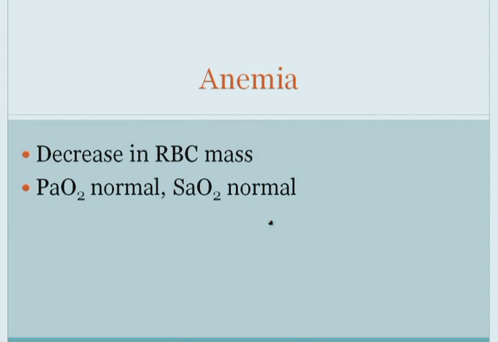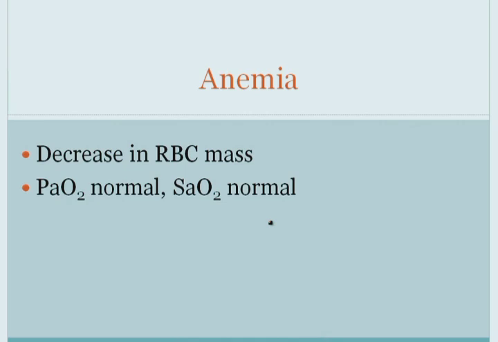Let's just give you a few examples of that to highlight this idea, and because this is one of the few places we'll get to discuss this principle. One example of a decreased O2 carrying capacity of the blood would be anemia. Remember that anemia refers to a decrease in the total red blood cell mass in the body. And when there's a decrease in red blood cell mass, there's going to be a decrease in the amount of oxygen being carried in the blood. And therefore, there's obviously going to be a decrease in the amount of oxygen going to the tissues,